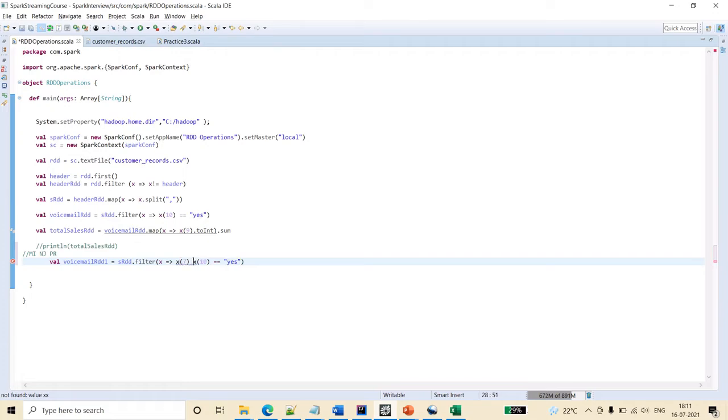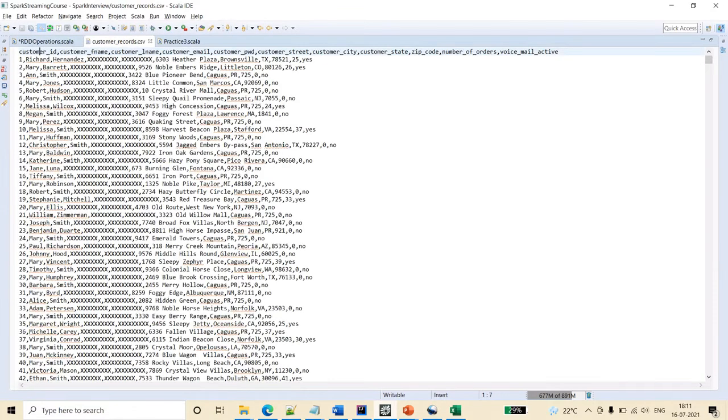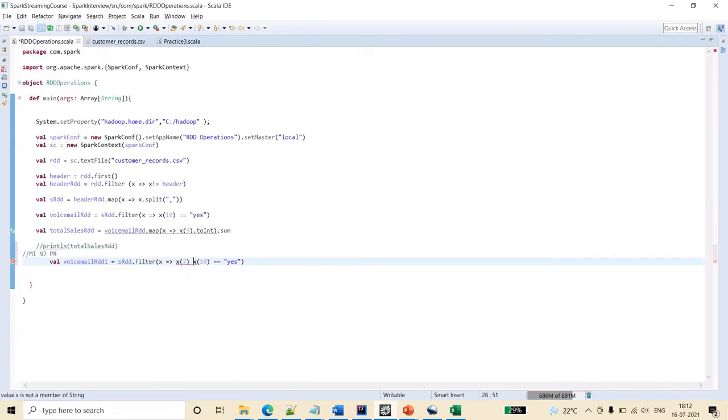Let me count it again: 1 2 3 4 5 6 7 8. From 0 it will be 7. So x of 7 equal to MI, or x of 7 equal to NJ, or x of 7 equal to PR.